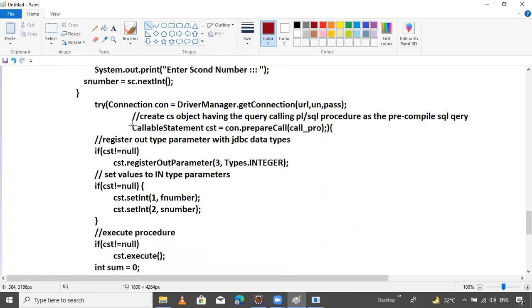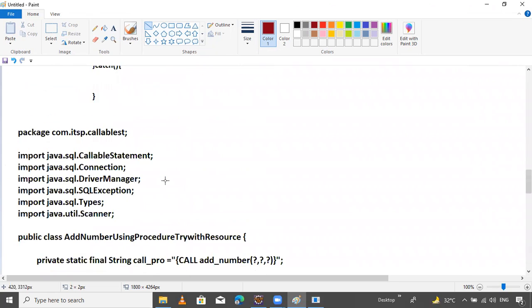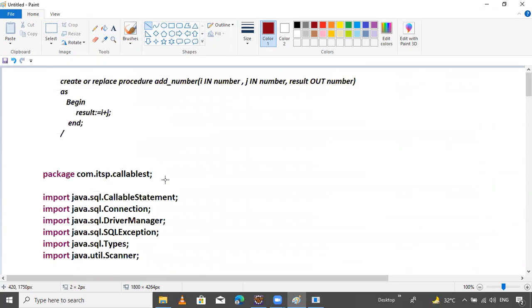Highlighted thing is this, try with resources, and also this one. Highlighted. Okay. Now here the register and same thing. Remaining thing here same, guys. So this is the example.